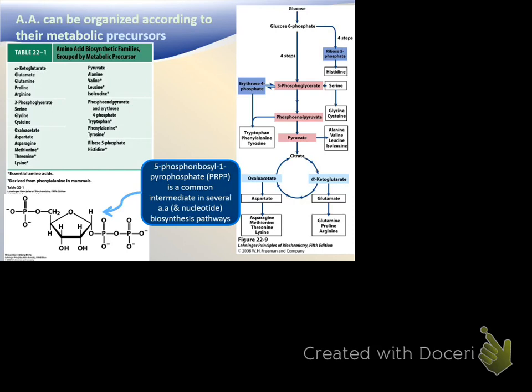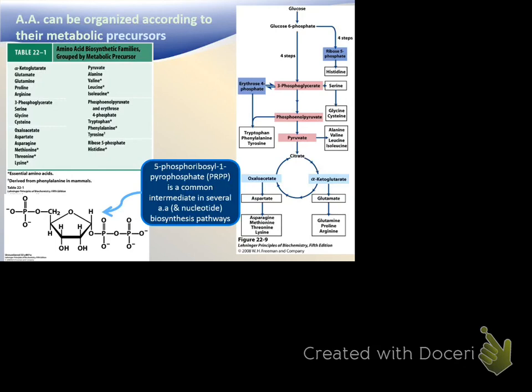So many times they organize these according to the metabolic precursor that it comes from, and I'll talk a little bit more about PRPP in just a moment. There are those that come directly from alpha-ketoglutarate, which we've actually already talked about: glutamate and glutamine. Glutamate is just the alpha amino acid form of the alpha-keto acid, alpha-ketoglutarate. We know that glutamine can be made because you can aminate glutamate. And then we're going to actually talk about proline and arginine. But then there are those that are glycolytic intermediates, so like 3-phosphoglycerate makes serine, glycine, and cysteine, and so on and so forth.